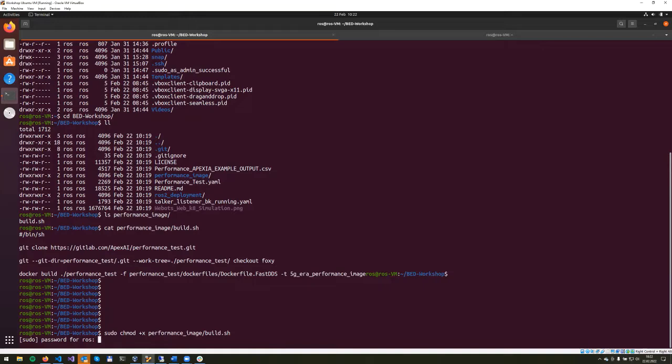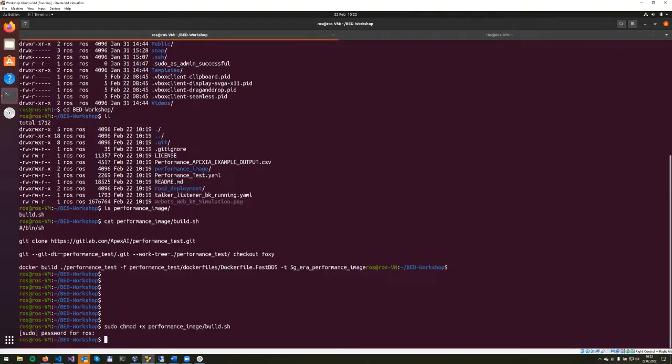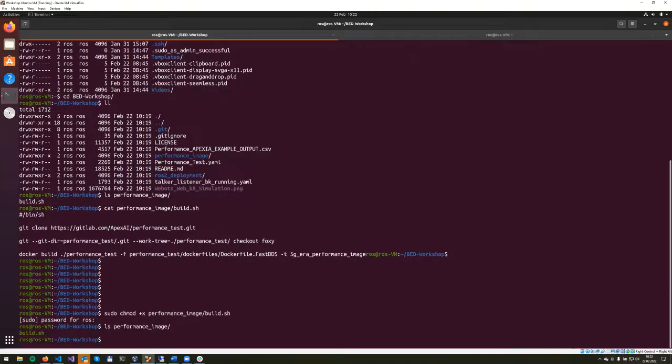Let's do this. We will be asked for the root password, which is the same as the username, ROS, and now we should see that the file is marked as an executable. As you can see, it has this green color right now. So now let's call this with ./performance image